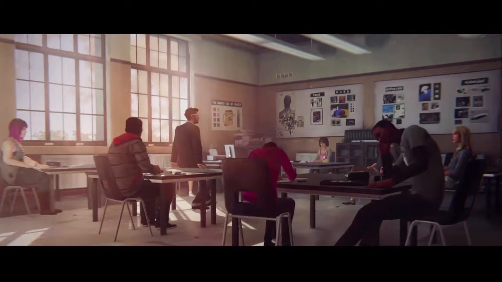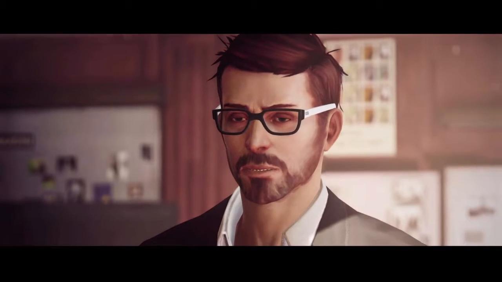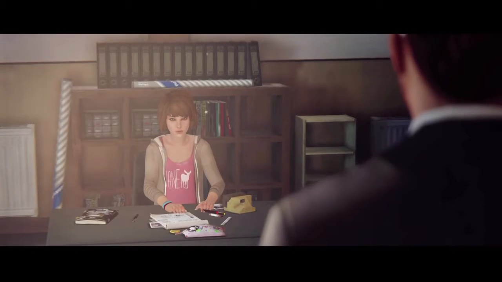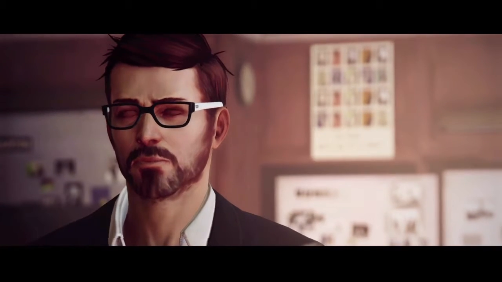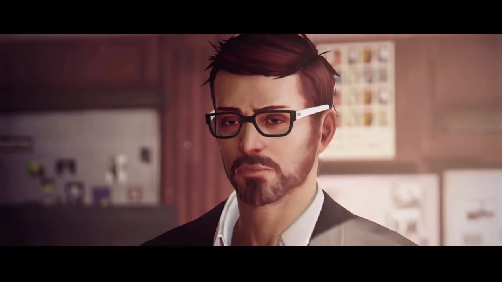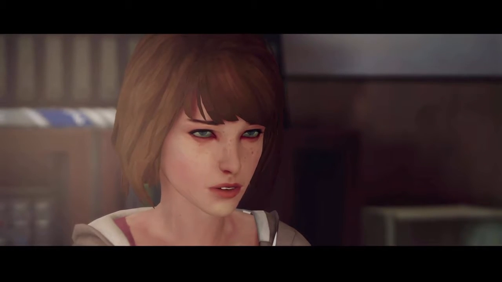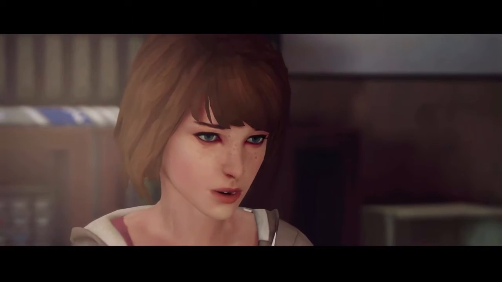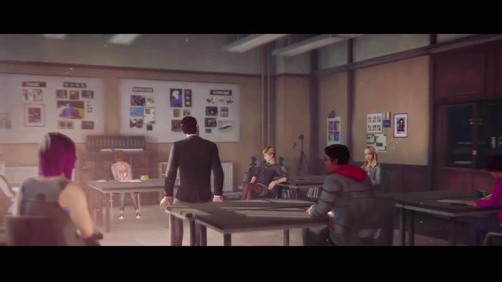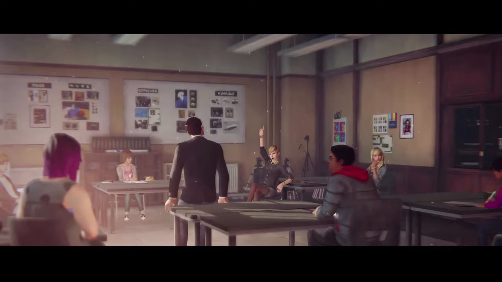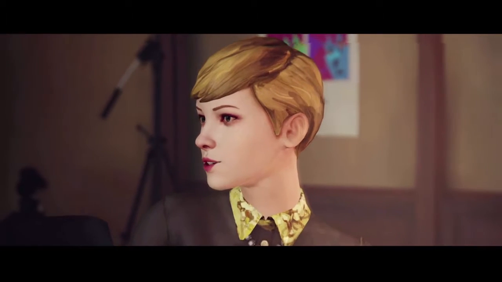Also, the lighting was really important in this scene to break the cliff ambience with this sunny atmosphere and all this light coming from the windows. And maybe we decided to have a private high school rather than just a regular high school for the photography course. But it was also to be able to have fewer students because we wanted the story to be a bit more intimate. We didn't want it to be a huge high school with so many students. But based on what the player is doing, you can really learn more about them and see that they're actually not just the stereotype and the archetype you would think they are.